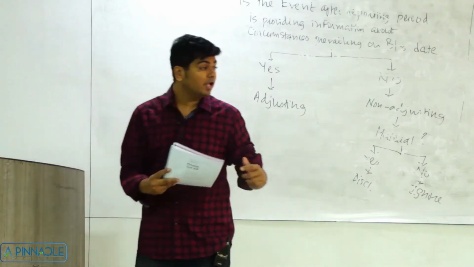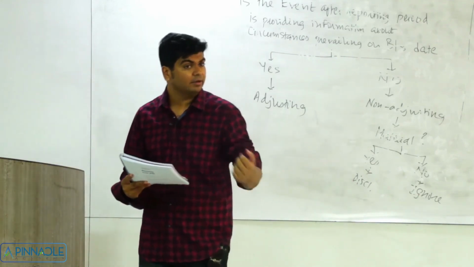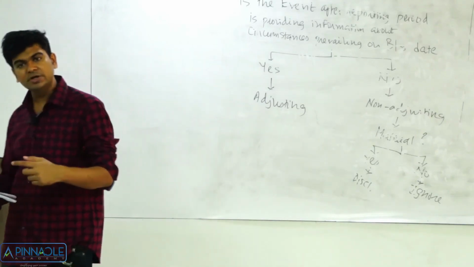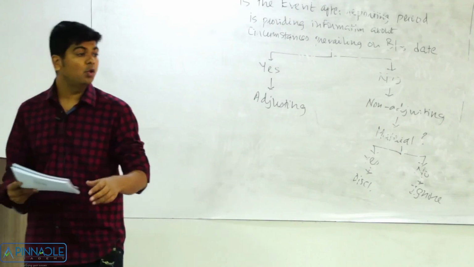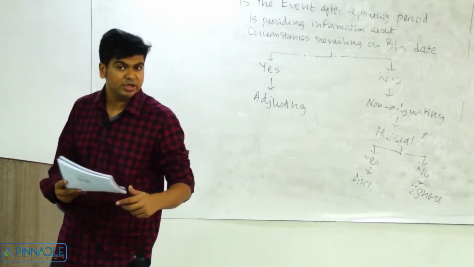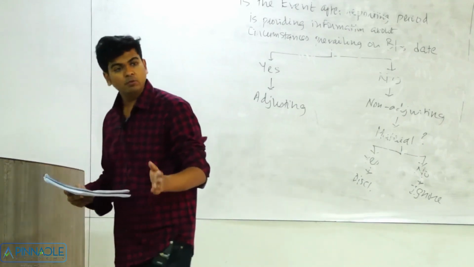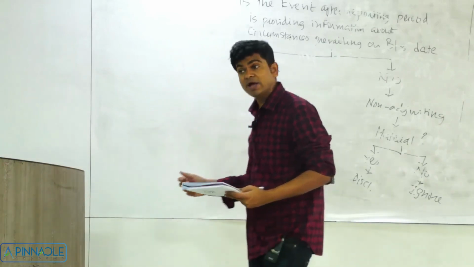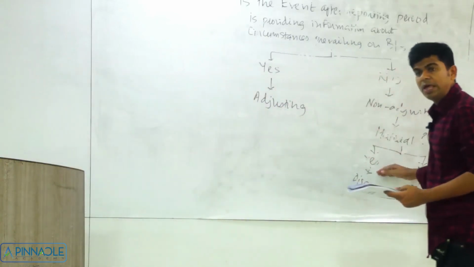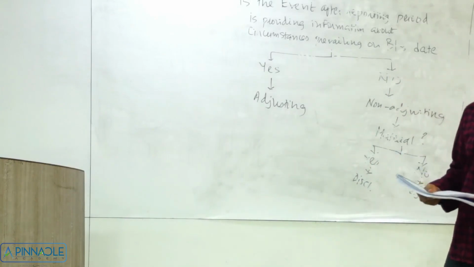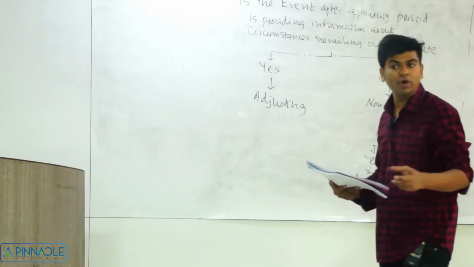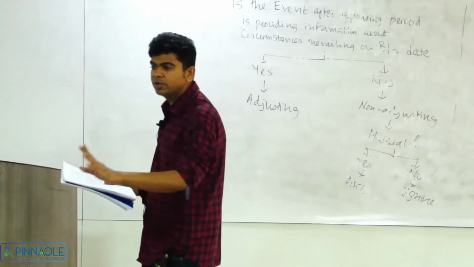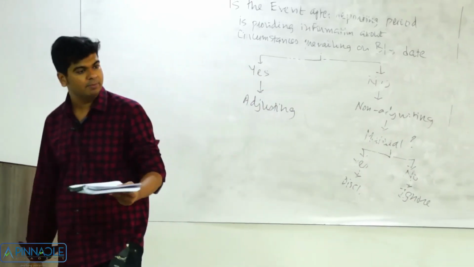At that time we were invoking Ind AS 10. For example, just before the balance sheet date, you have breached certain covenants of the loan, and the loan is becoming immediately repayable. So we consider it to be a current liability. But before I finalize my books, right, my books are still open. Before I finalize my books, I am in a position to remedy those breaches. And now my bank says, no problem, no need to make an immediate repayment.